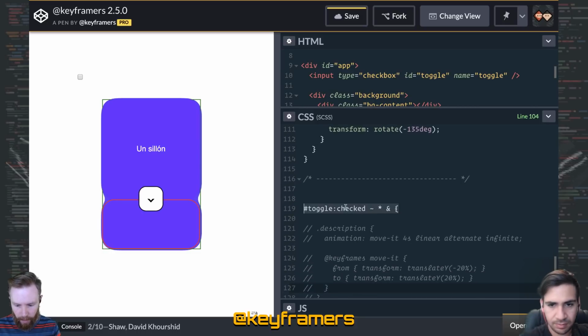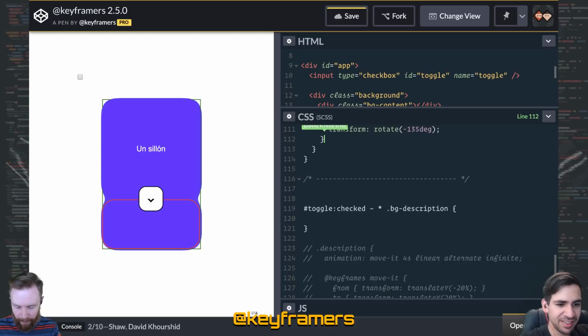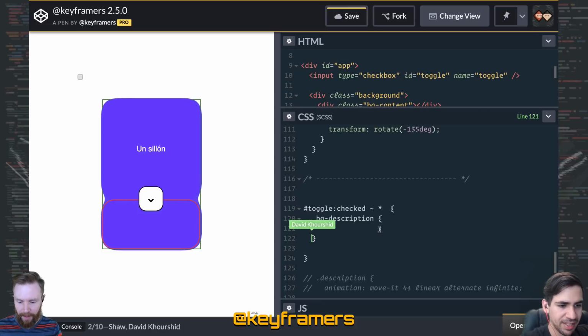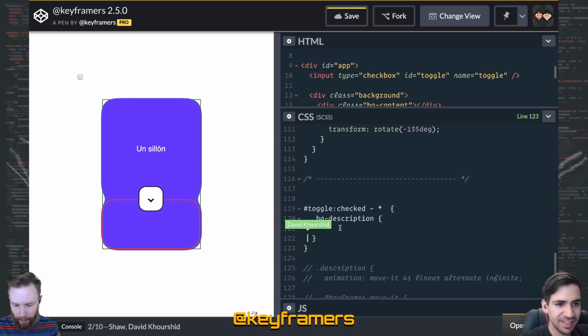This toggle checked. It's an interesting selector. Don't worry about it. Toggle checked star. In fact, we could move stuff to that and here just so we could have more stuff. We'll put that in there. That's good. Okay, so what we'll do here is transform, translate